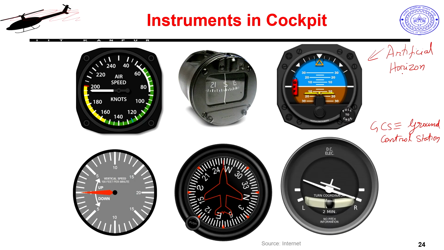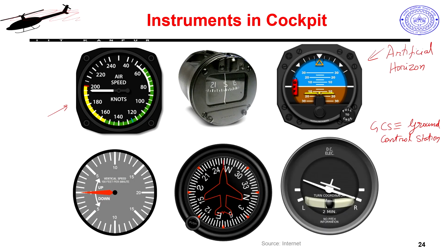Then another important parameter is your airspeed indicator. You will see the airspeed indicator mostly either in dial gauge form or as a numerical display on your screen. These gauges are old things. Modern aerial vehicles, even manned ones, do not have these gauges, but they still get represented on your LCD panel, what are called multifunction displays. Aerial vehicles which have only these multifunction displays and no old gauges are called glass cockpit. All modern airplanes will have only glass cockpit. It does not mean it is made of glass, it simply means that your electronic displays are made of glass.